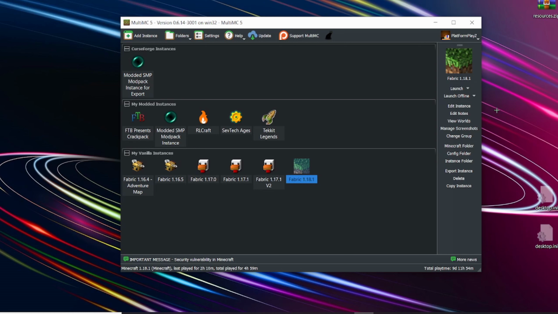I should be putting all the timestamps in the description below, that way you can jump exactly to the spot you want to be at. If you're a Windows user, you can go straight to the Windows part. Everything I cover in the Mac portion will also be covered in the Windows portion. And if you're a Mac user, you don't have to watch the Windows portion because everything I say in the Windows portion will be covered in the Mac portion, except